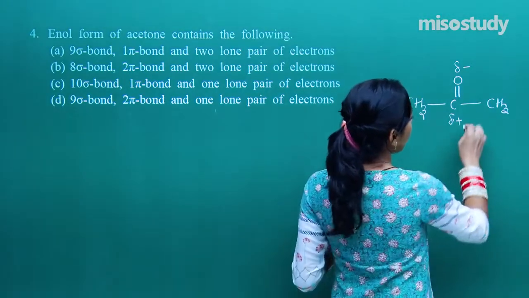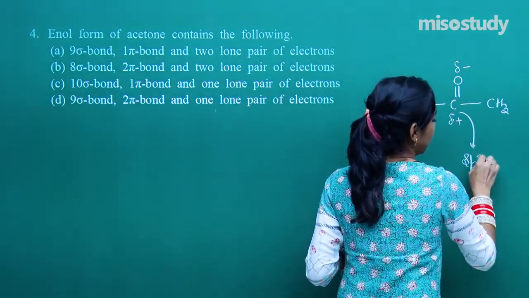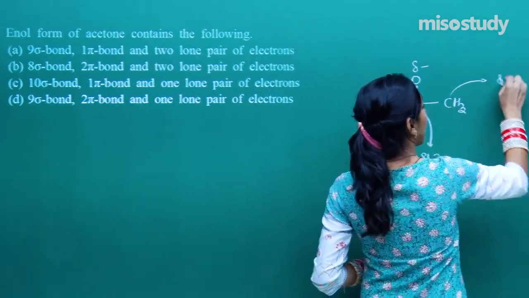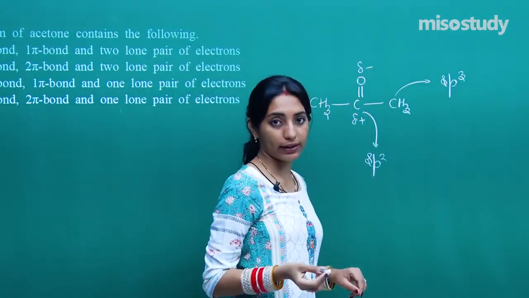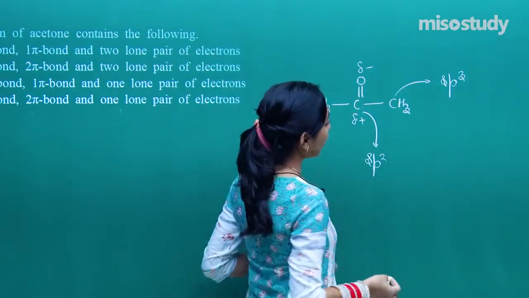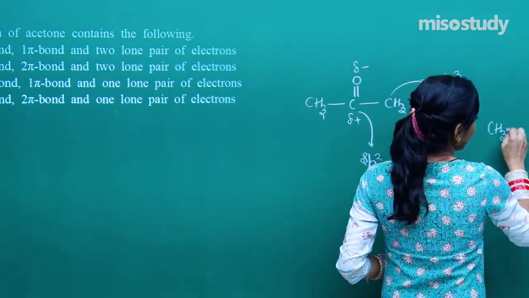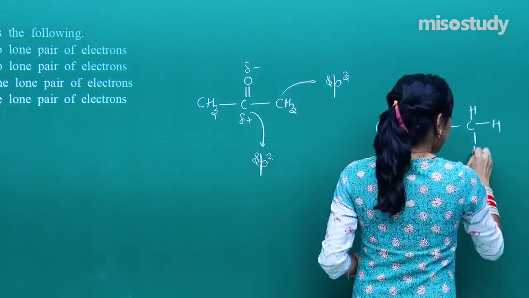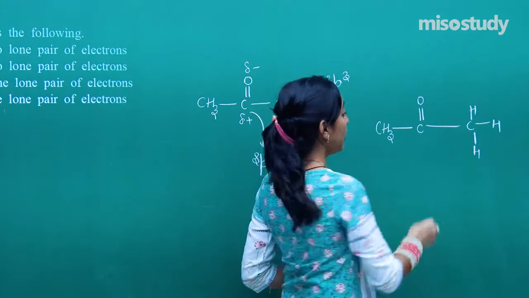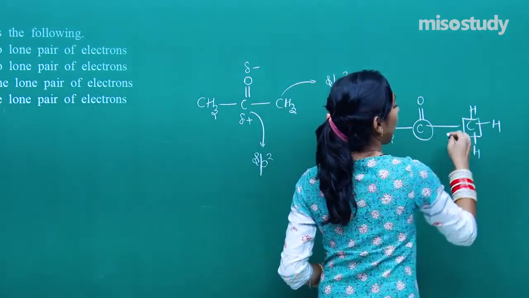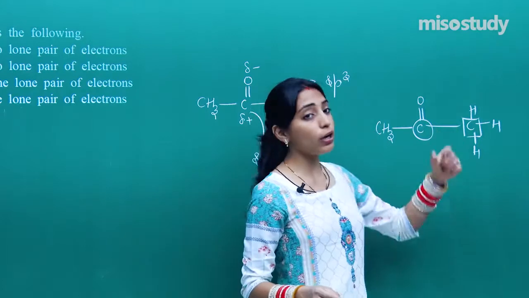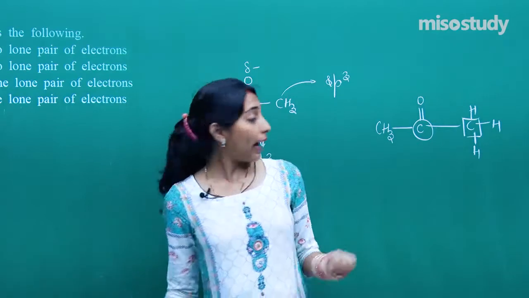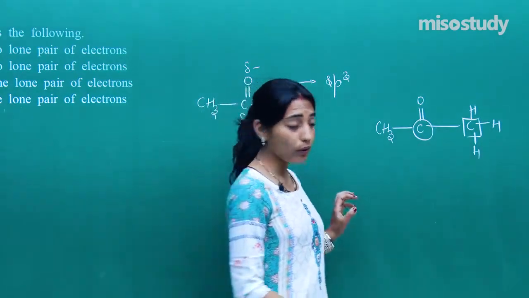Now see, if you talk about this particular carbon, it is sp2 hybridized, whereas if you talk about this particular carbon, which is forming 4 sigma bonds and hence is sp3 hybridized, right? Now what happens? So overall I can say that there is a difference in electronegativity of the central carbon and of the carbon at the corner. In these two carbons also there is a difference in electronegativity that you will find out, right? And when you figure out that there is a difference, then what will happen?